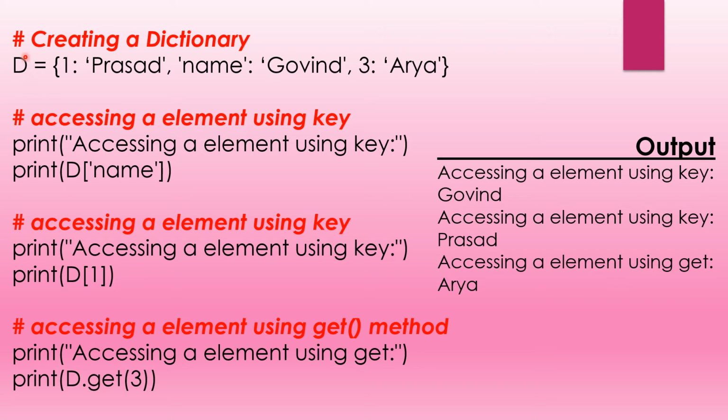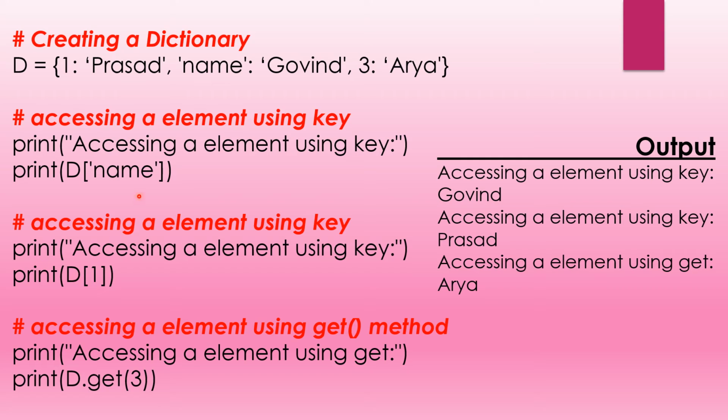Then d. As you can see, the variable is d. Then for accessing its values in the output, what we can do is write the variable name in which we have stored the dictionary. So here we have written d, then we will give a bracket and write the key name here. So as we write the key name here, you can see in the output what is the value of the name key. So it is Govind, as you can see. So Govind is printed in the output. Now how can we access an element? So you can see here, name we have accessed in the output.